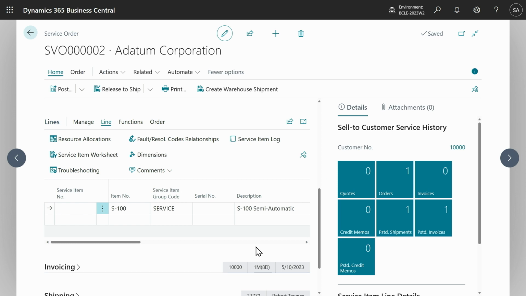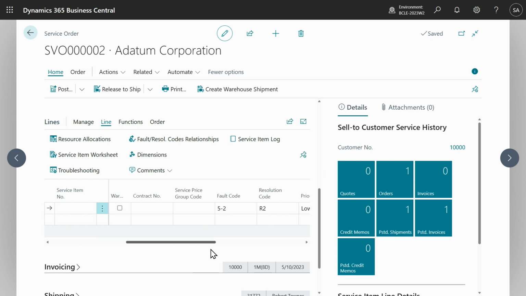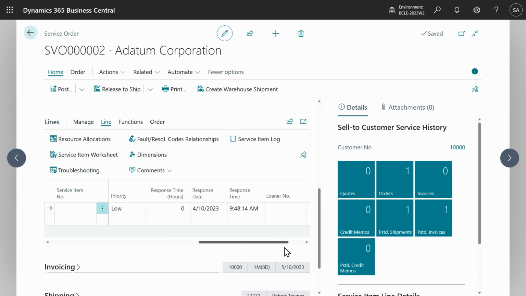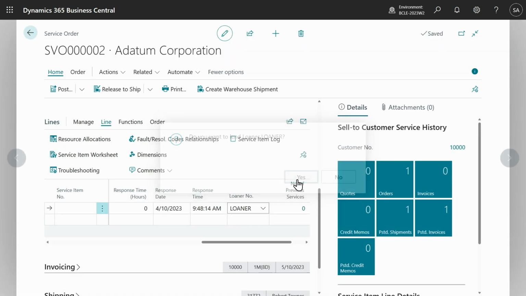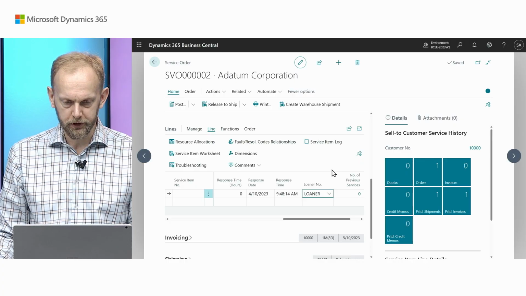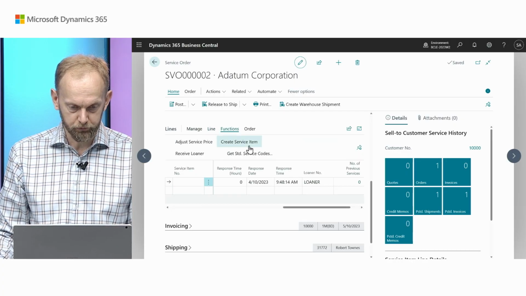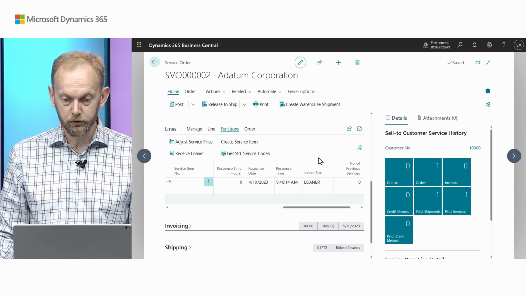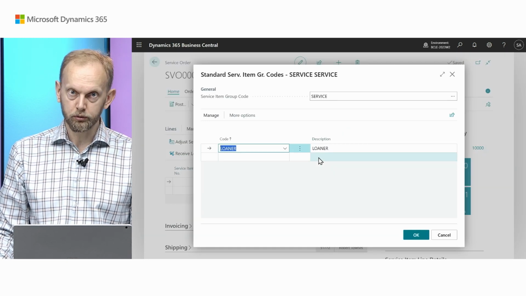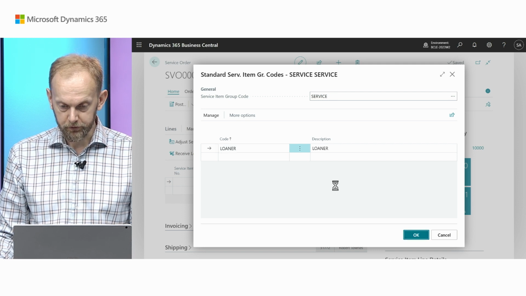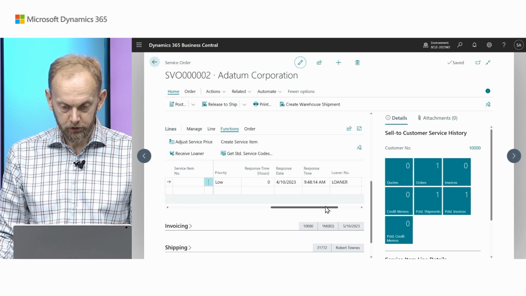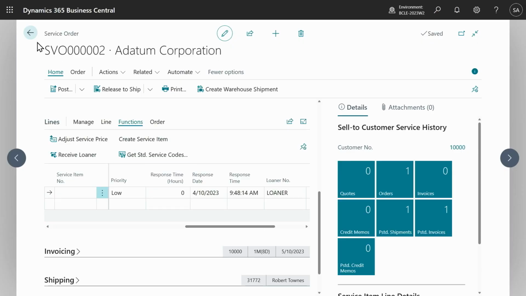So now we have a recommendation. Let's scroll to the right and ask people, do you need a spare coffee machine meanwhile? We are doing the repair. Yes, of course, we cannot live without coffee. So let's take something instead. We are registering a replacement, and probably we need to charge people a little bit for this replacement. That's why we use the function Get Standard Service Code, and I have one defined to charge for loaner per day. All right, we will fix it very fast. Good. This one is ready. So I created the service order.